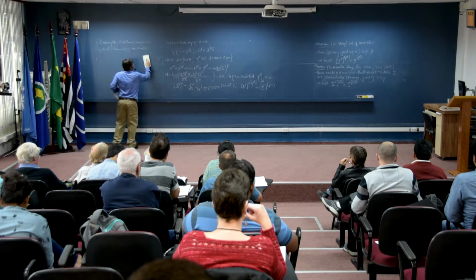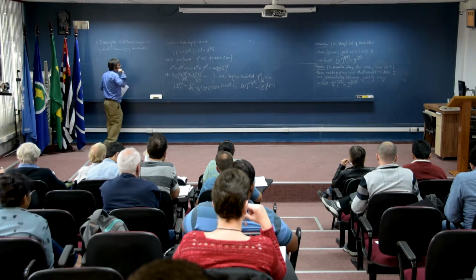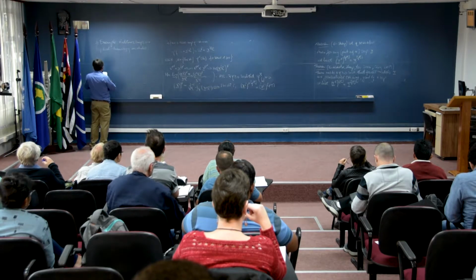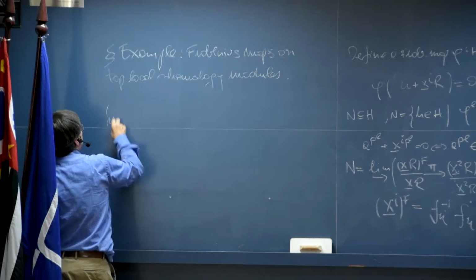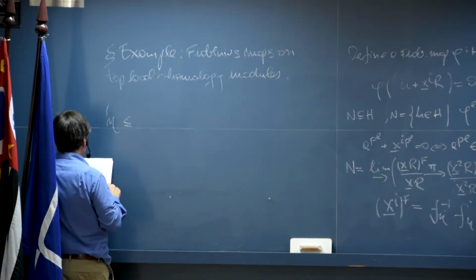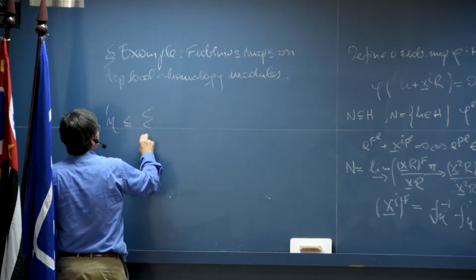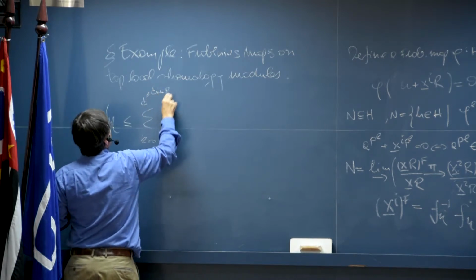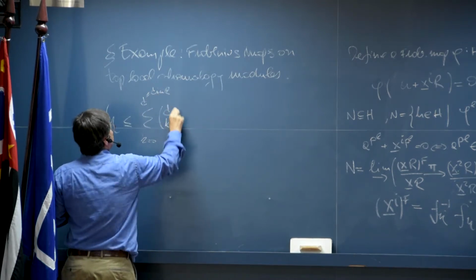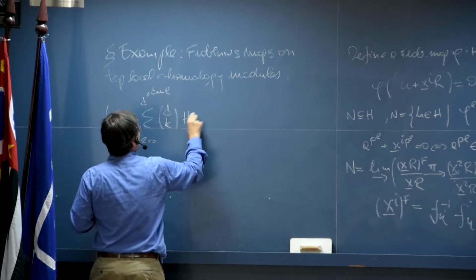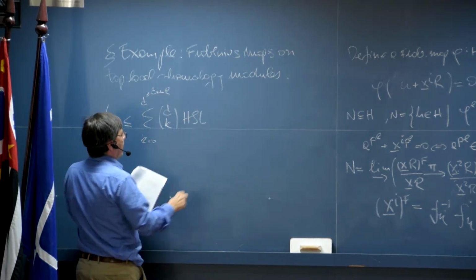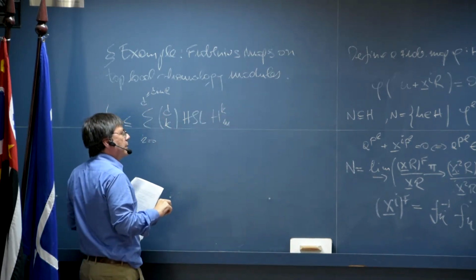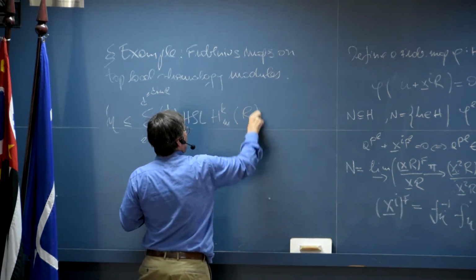So Cui gave a much simpler proof than our proof, and he gave a very explicit value for this eta, and he showed that eta can be chosen to be less than or equal to the sum, k goes from 0 to d, which is the dimension of our ring, d choose k, times something that I'm going to have to explain a bit later. I'm going to write HSL of H_m^k, that's the kth local cohomology module with support in m of our ring R,